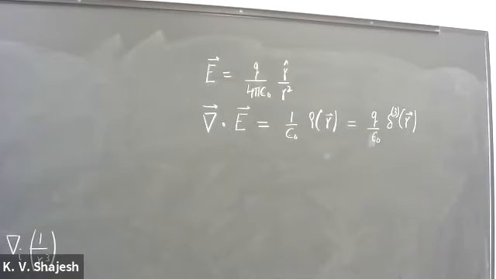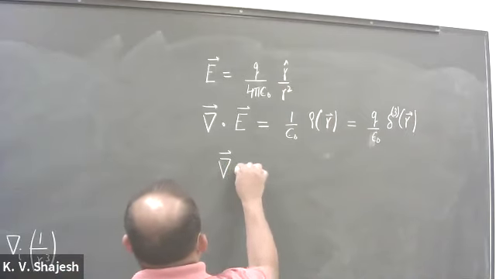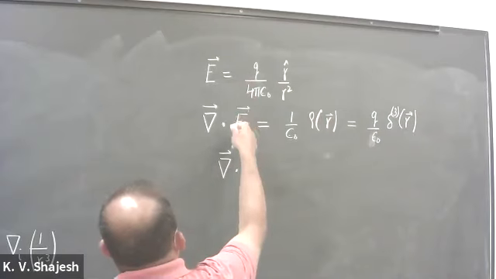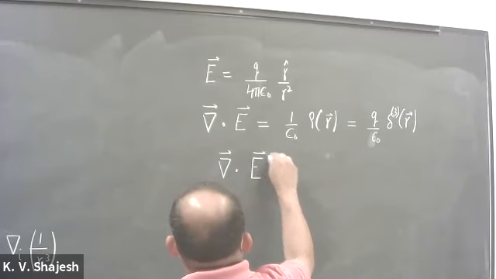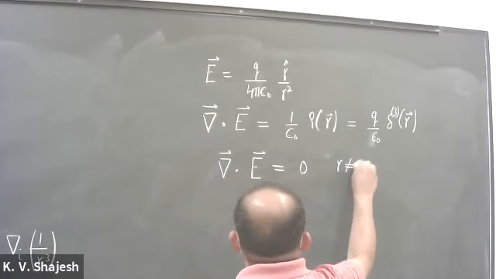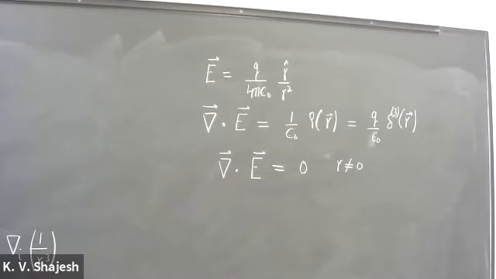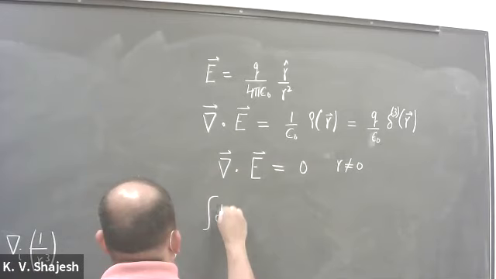But we also showed that if I start from the first line and substitute on the left-hand side of the second equation, I get 0 everywhere, except I don't know how to handle r equal to 0 because that's going in the denominator. So those are the three results that we can compile at this point. And there is an issue in these. These three equations are not consistent, in the sense that if I were to integrate the third equation over all space,